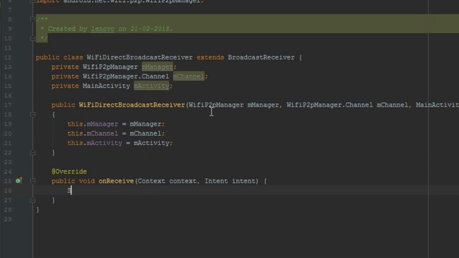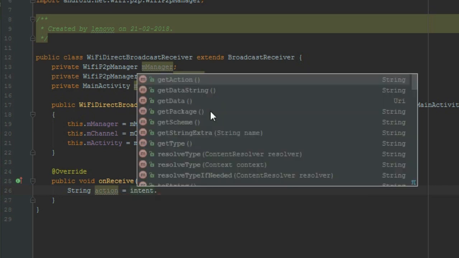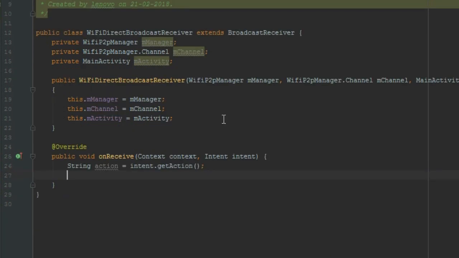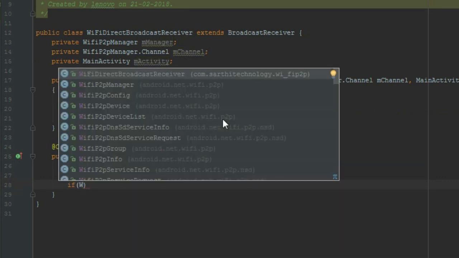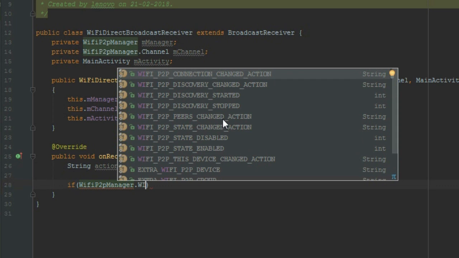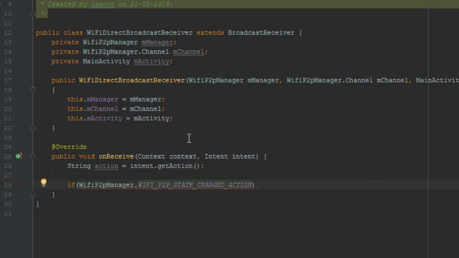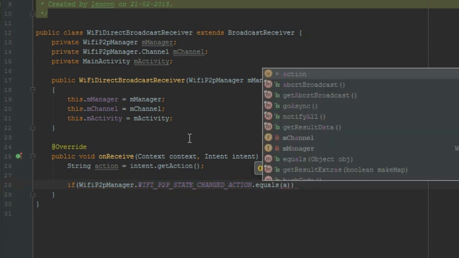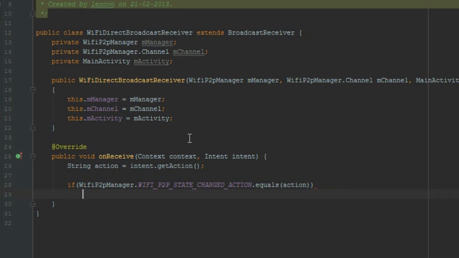object of string, that is string action equal to this intent dot get action, and here if Wi-Fi P2P manager dot Wi-Fi P2P state changed action dot equals action, do something, and before that